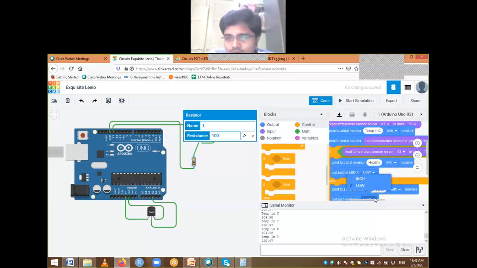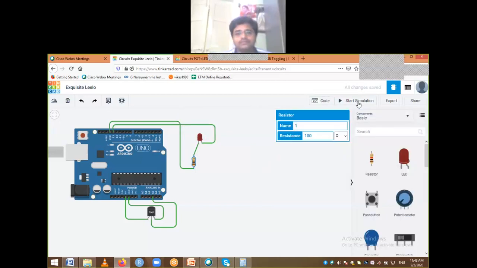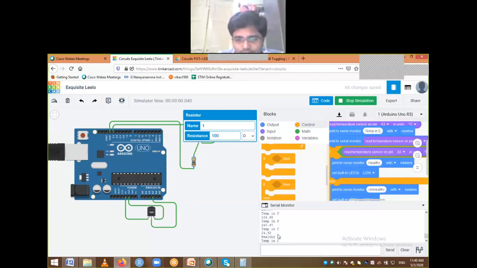This is the code. Let's see how it works. In the serial monitor we need to see, right? Healthy. Okay, it's continuously doing that. Let me try changing the temperature.